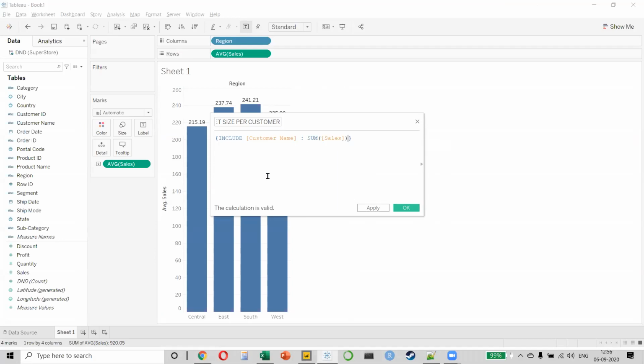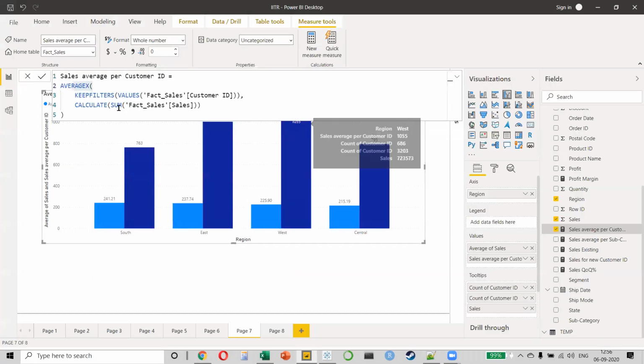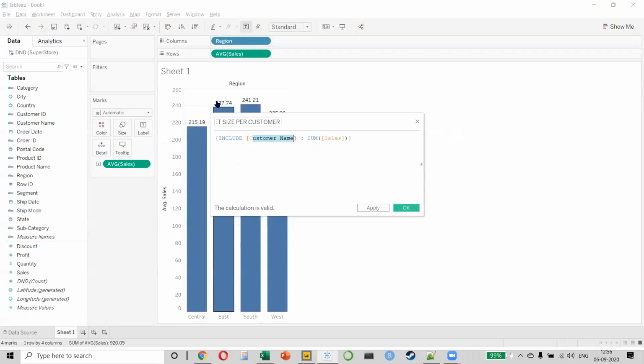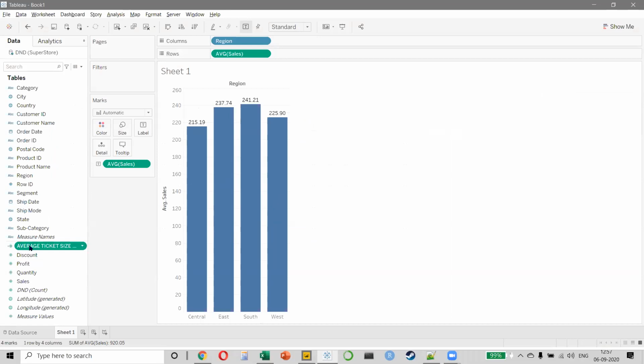So just think about what we have done. We have said do not sum up all the transactions, only show me the individual sum of every single customer. That is what we were doing in Power BI also. Here, what were we saying? We were saying these are all the customer IDs. What do we want to see? The sum of the sales of each customer individually. That is what we're doing here also. We are saying first, give me a list of all the customers and then find out the sum of sales of every single customer, right? When I press OK, you notice a calculation has been created here, this green one.